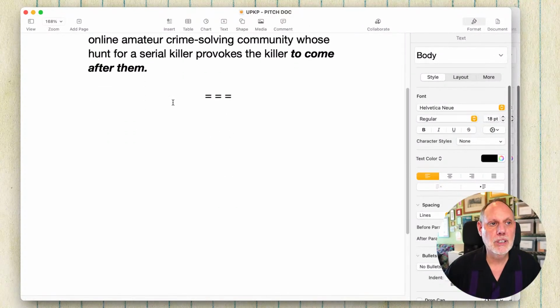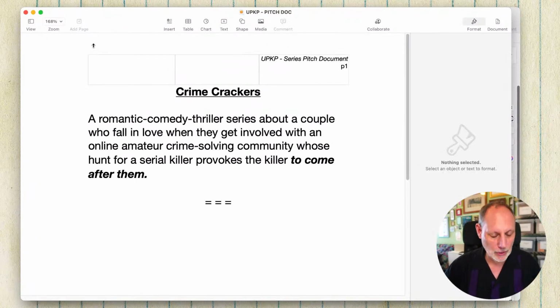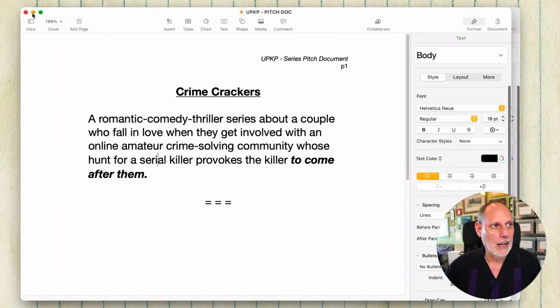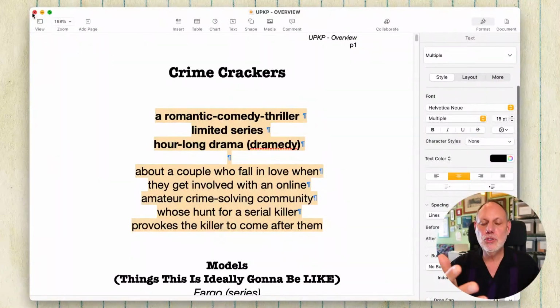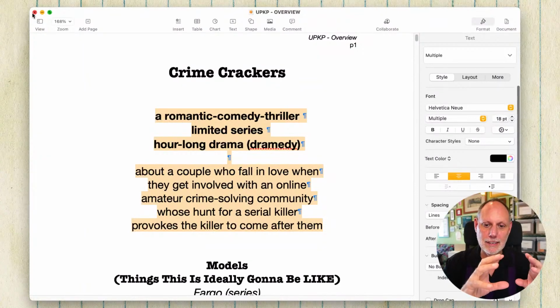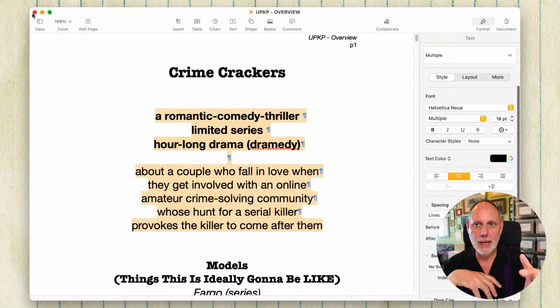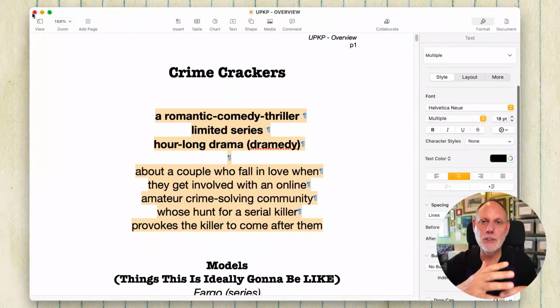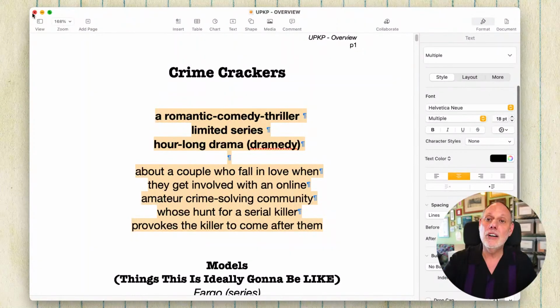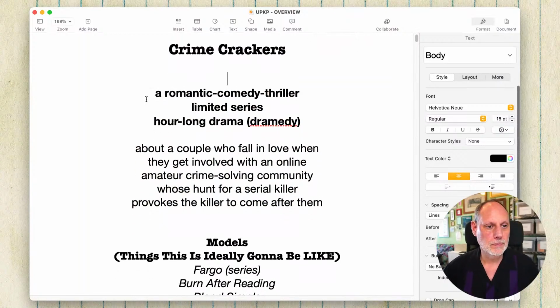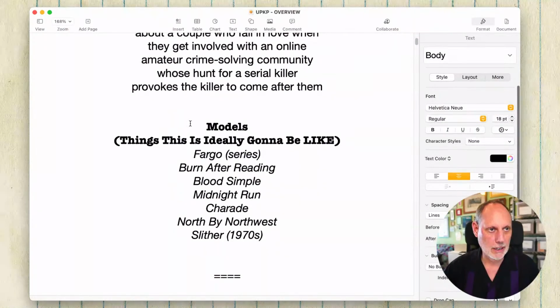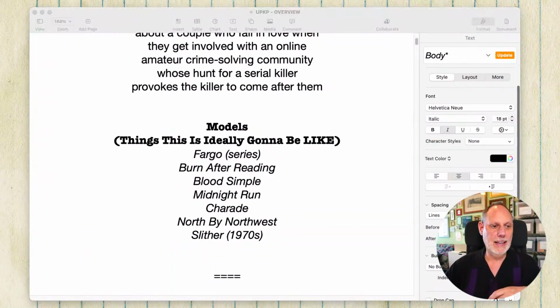So this document, currently empty, is going to introduce the basic idea of the pilot, but not really tell it. There's going to be a short summary of the pilot, but the main thing I need to do is summarize what's going to happen in the rest of the series. And yeah, I'm going to take this. One thing I want to talk about here is this idea that